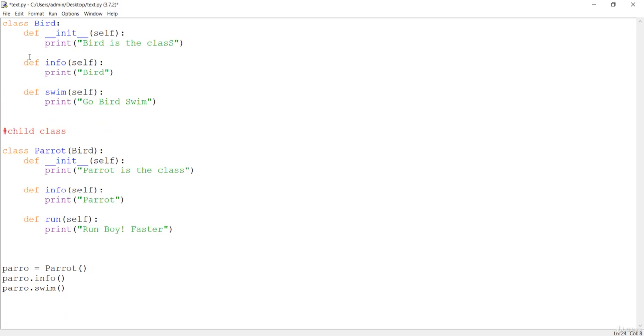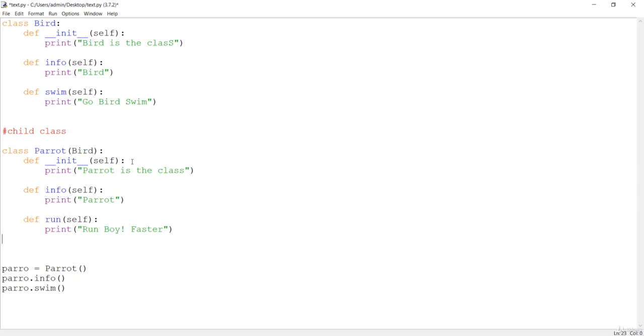So the swim method and info method will be copied from the bird class to this parrot class. That means we can call this swim method as if it is inside this parrot class, although it is not in the parrot class, but we just did inheritance. So that is the importance of inheritance in object oriented programming.